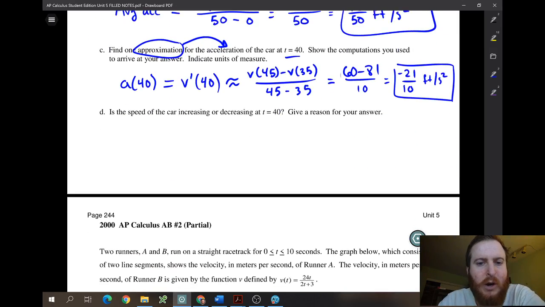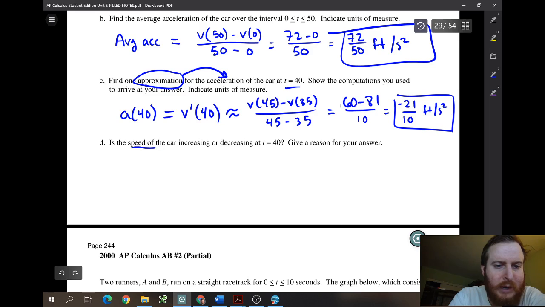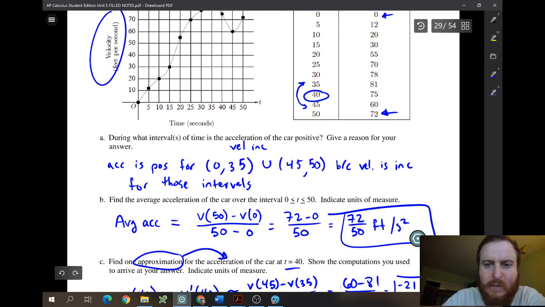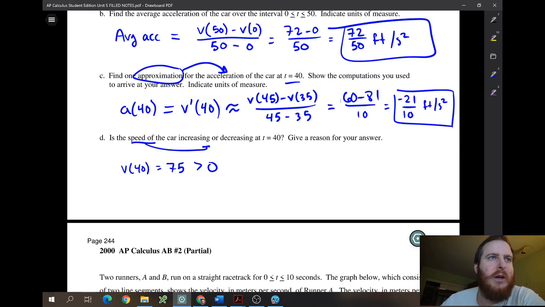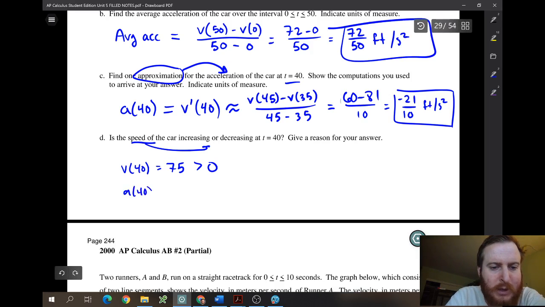Is the speed of the car increasing or decreasing at time 40? So remember, speed increasing or decreasing is based on the signs. Are they positive or negative? So we're going to say v of 40, if we look up on the graph, v of 40 is 75. That's greater than 0. And then we know that our acceleration, now we don't know what our exact acceleration is, but we know that our acceleration is approximately negative 21 over 10, which is less than 0. So we'd say that the particle,